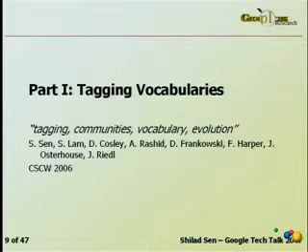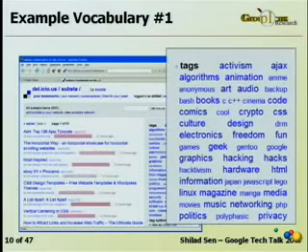So the first part of this talk is based on a paper I presented at CSCW 2006. You can find it online if you're interested in more of the details. I'm going to start by talking about 3 example vocabularies from 3 different tagging systems. This is the website Delicious. It allows users to tag web pages. And here you can see a particular user's vocabulary, Substa. Substa has used generally informational tags that are kind of keyword type tags. I think most of us would consider these tags to be good tags. And I'm going to call this type of vocabulary a factual vocabulary.